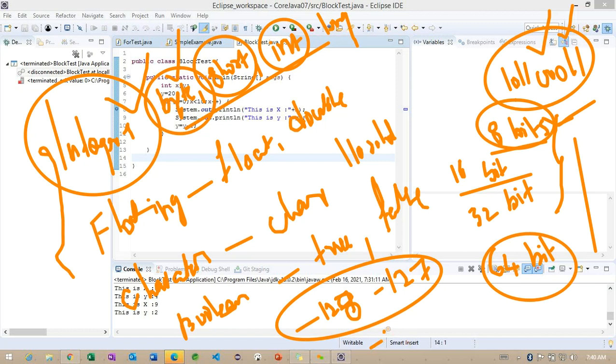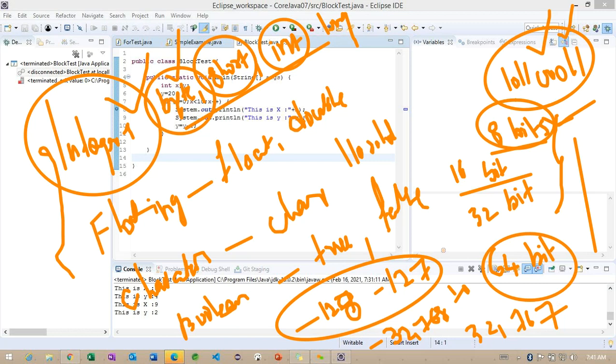The short has something called minus 32,768 to 32,767. So this is the range it has. Getting the point. But the int and long have a little bit more.